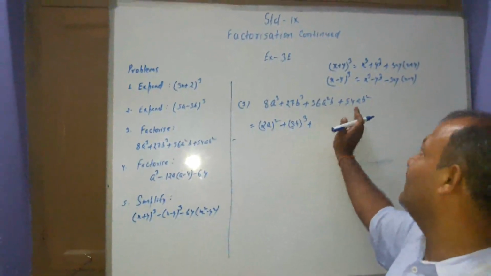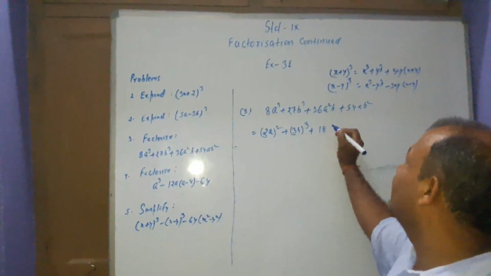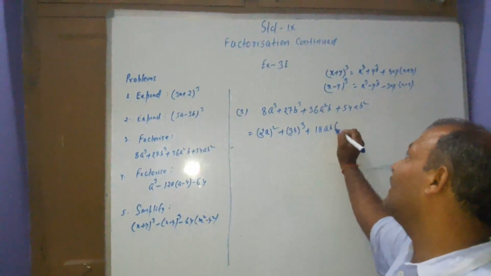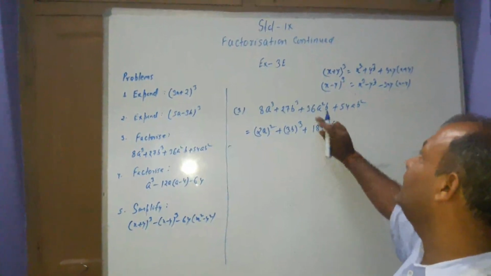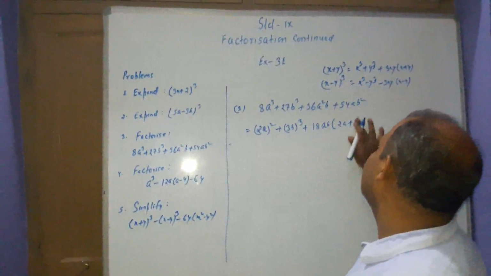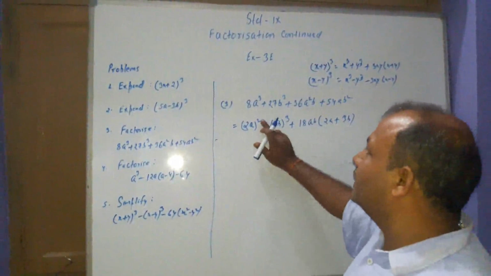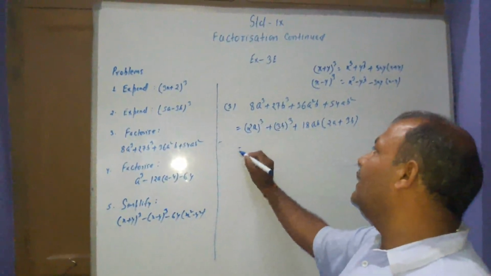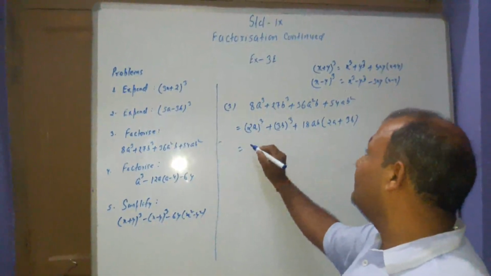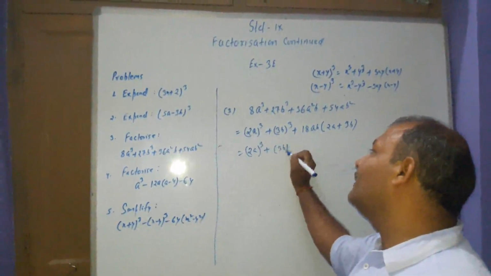Now we have to take the HCF of 36 and 54. That will be 18. And the HCF of a square b and ab square will be ab. Now we are left with 18 2s are 36 and 18 3s are 54. Here, not a square, it will be cube. And in this way, it is of the form a cube plus b cube plus. Here we have to turn it to 2a cube plus 3b cube.